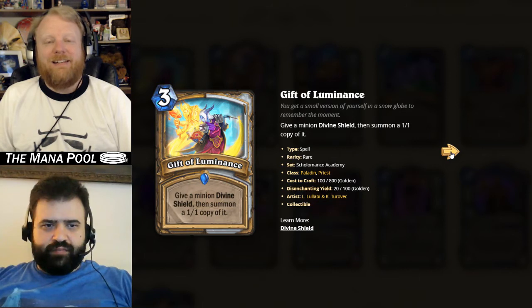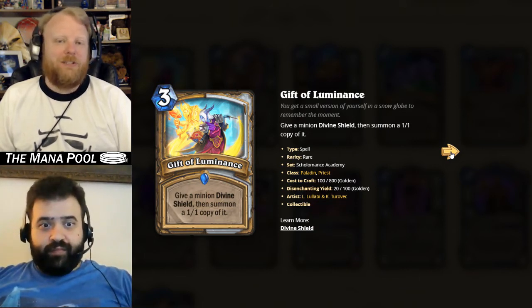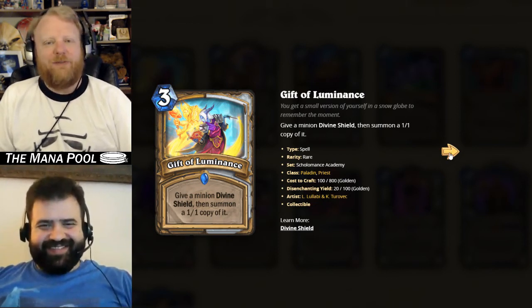Plus, it can, in a pinch, give an enemy minion Divine Shield and give you a copy of it, which is a thing you could do with Psyche Split, too. That's true. So if you have a non-damage based way of killing something and you really want a copy,